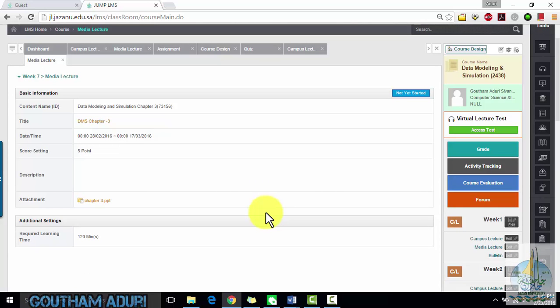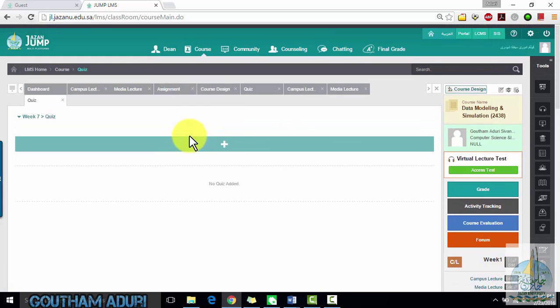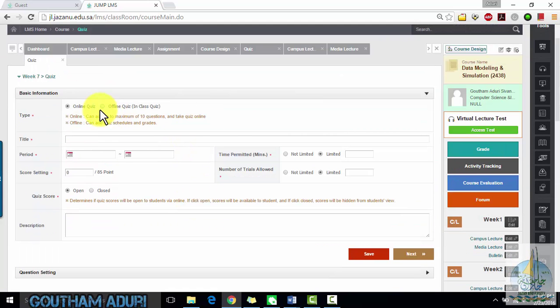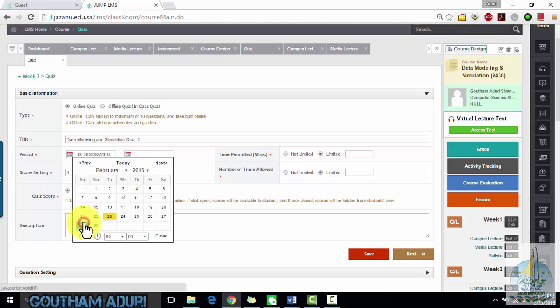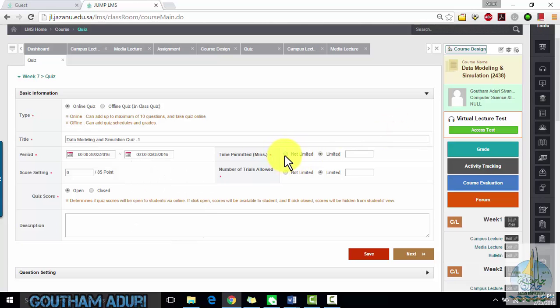Now that I have the classroom lecture and media lecture, what I want to do is add the quiz. So click on add quiz. It's an online quiz, and it starts from the next week and ends on March Thursday, and time permitted limited, it's 5 minutes, and score setting 5 points, number of trials allowed limited